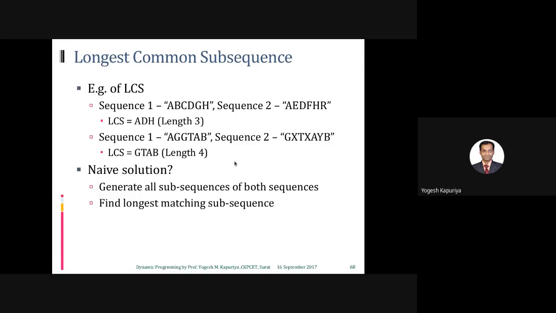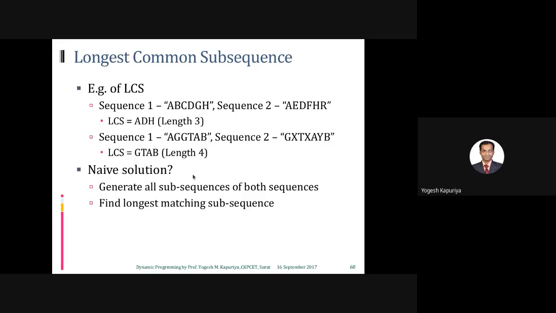If you want to find the solution, what is the straightforward and simplest approach? The simplest approach is to generate all the subsequences using any permutation algorithm, find out which ones are common in both, and then which one is the longest. This is the simplest solution, but obviously it is not an efficient one.